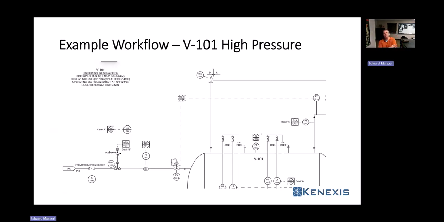All right, so example workflow. Oh, here it is. So here's the piping and instrumentation diagram for the example workflow. So what you're looking at here is the piping and instrumentation diagram for that fictitious plant. And I have vessel 101, which is our high pressure separator. You could see all the information about the high pressure separator. I want to design my safety instrumented function. So my safety instrumented function, there it is, the one we've been talking about, pressure transmitter 101D, which is connected